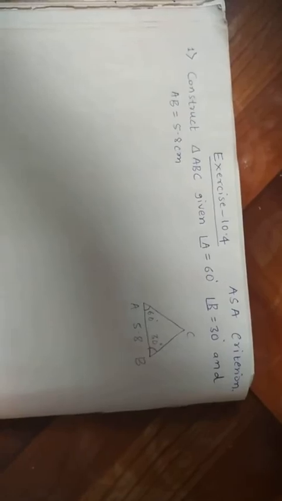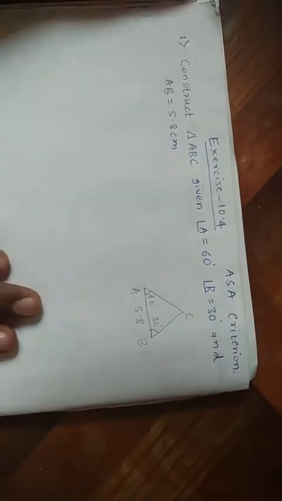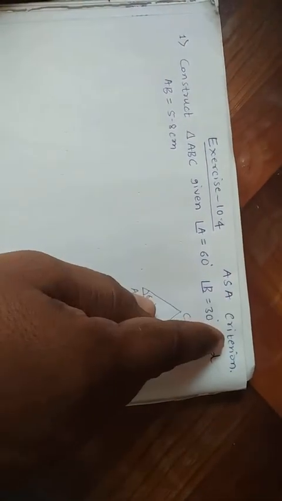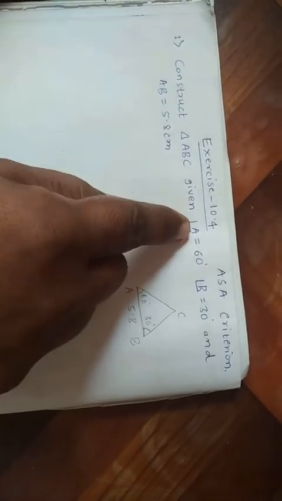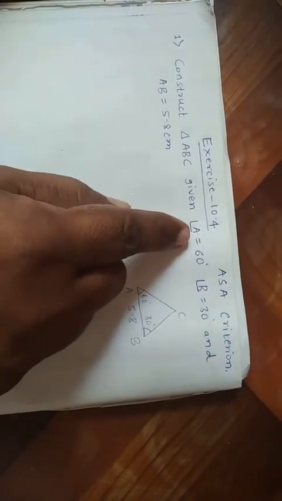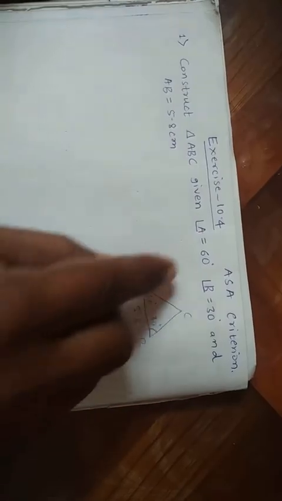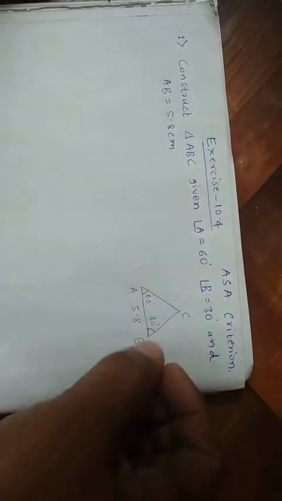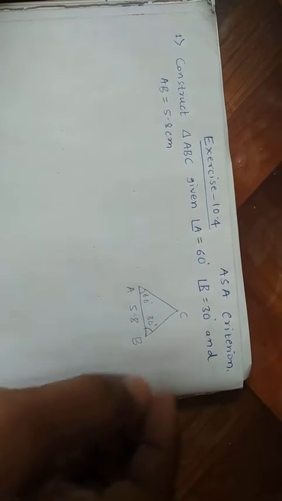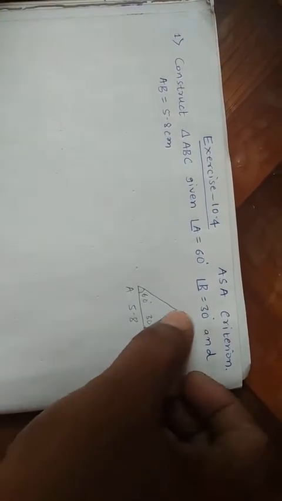Let me solve the next one, students. See the problems of exercise 10.4, students, all of you here. All these problems are based on the ASA criterion, I mean angle, side, angle. In the problem they given us the measurement of two angles and one side. One more point, students: it's better you make both the angles at the base side. If you write both these angles on this side or on this side, it becomes a little bit confusing for you according to my opinion. If you're not interested, you may write here also, nothing happens.